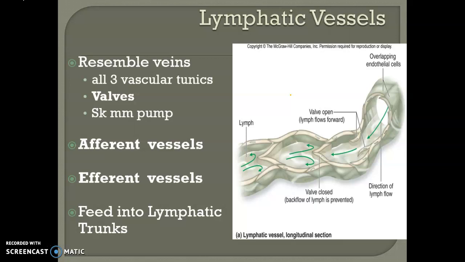They have 3 tunics. Like the veins, lymphatic vessels also have valves, as shown right here in the picture, and I'm highlighting it with yellow. So the lymphatic vessels have valves, and also remember the veins work by skeletal muscle pump. The skeletal muscle pump pushes blood against gravity back to the heart. Same with the lymphatic vessels. The lymphatic vessels work by the action of skeletal muscle pump. In this regard, I would like to talk about 2 types of lymphatic vessels. We have afferent and efferent lymphatic vessels. Remember the afferent lymphatic vessels